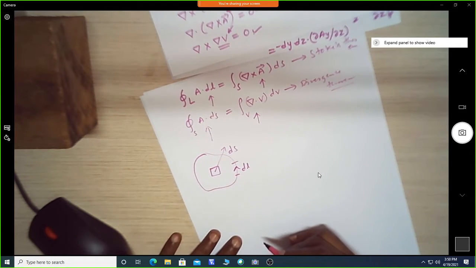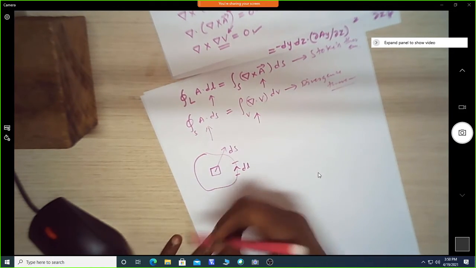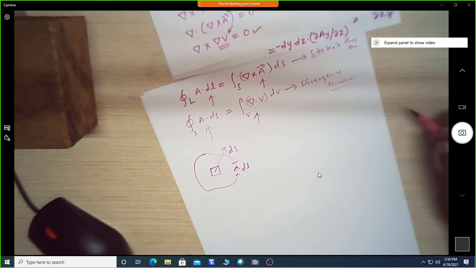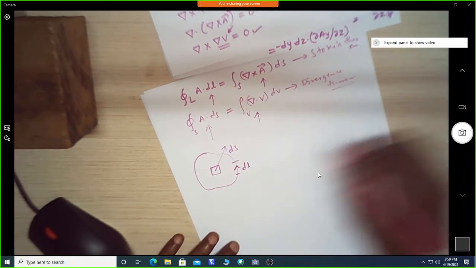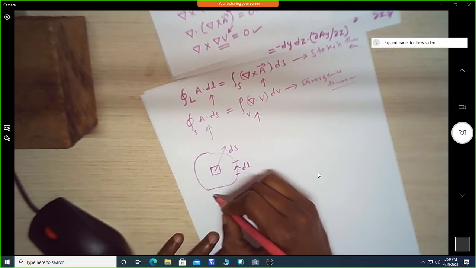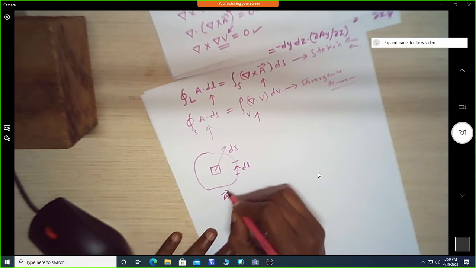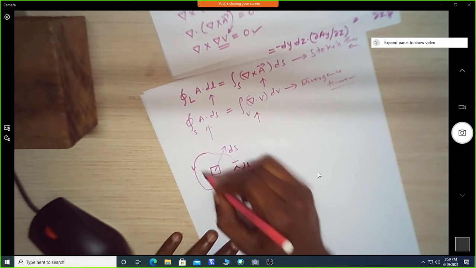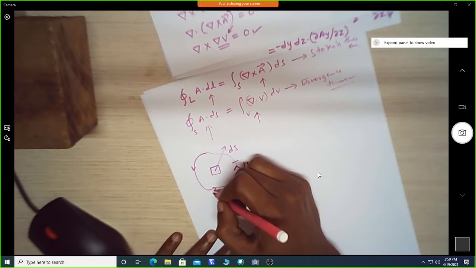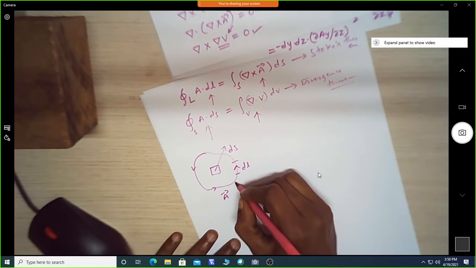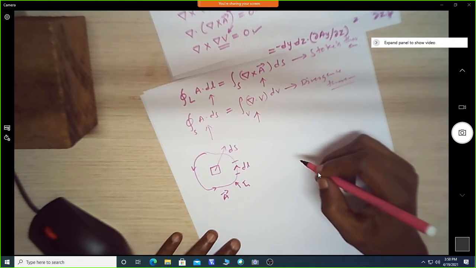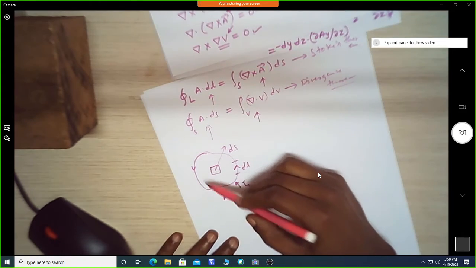Now we have the circulation of vector field A around this closed line, which we have already defined. If I take this path as L, then the Stokes theorem says